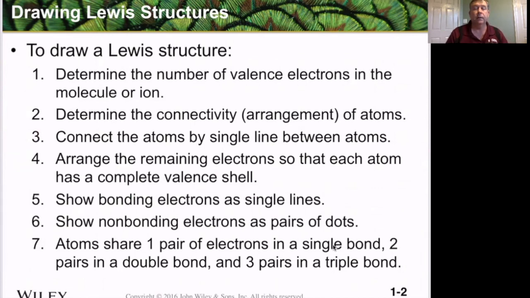So if an atom shares 1 pair of electrons, that means it has a single bond. If the atom shares 2 sets, 2 pairs of electrons, that means it has a double bond. And it can even share 3 sets and have a triple bond. So by looking at the number of lines we have, we can start counting electrons and filling in all of the gaps. As we looked at before, we can look at the number of valence electrons by